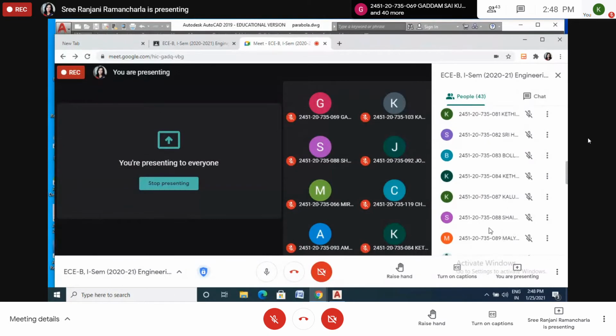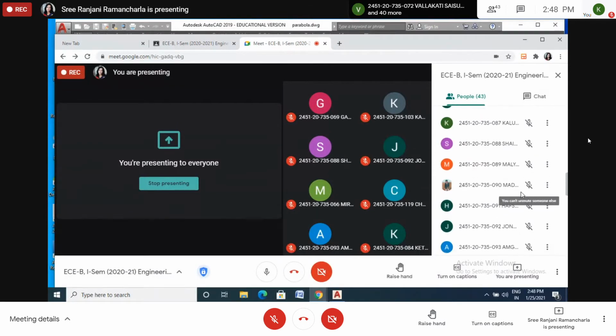Roll number 88. 1 by 4000. Yes, 1 by 4000. And what is the length of the scale? Roll number 91. What is the length of the scale? 500 meters. I am not asking for the maximum length. What is the length of the scale? I am not asking 500. Of course, the maximum is 500, but what is the length of the scale?